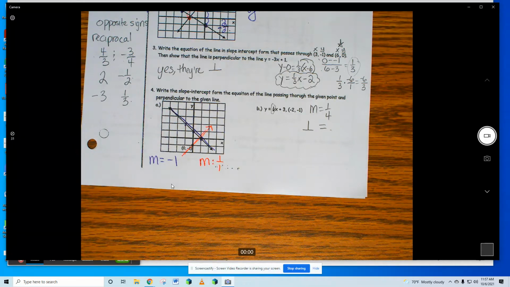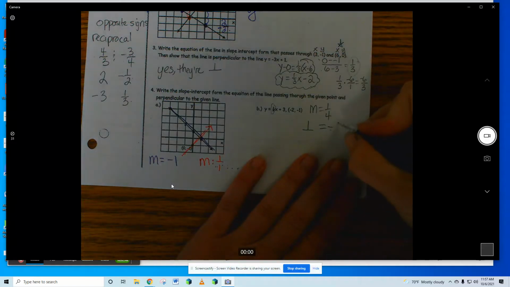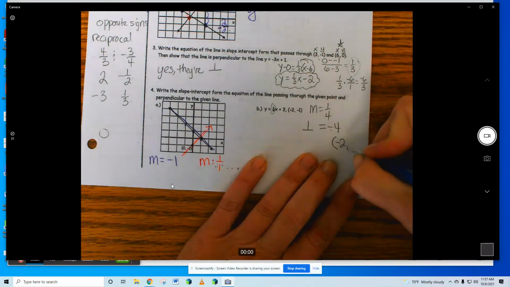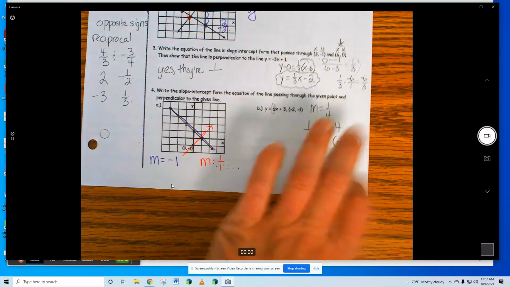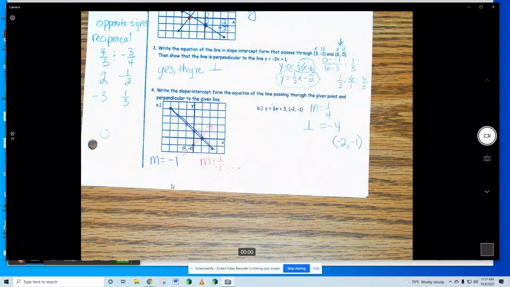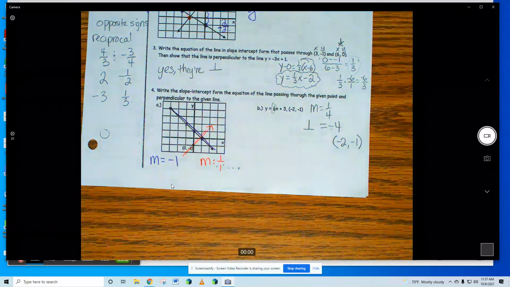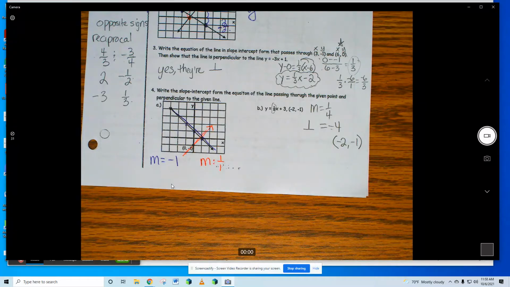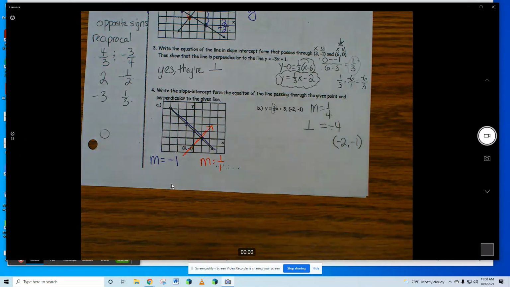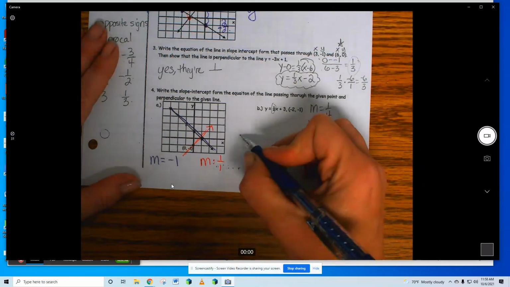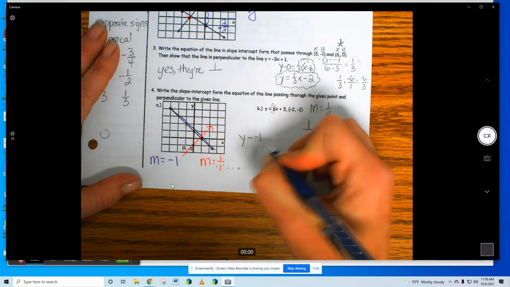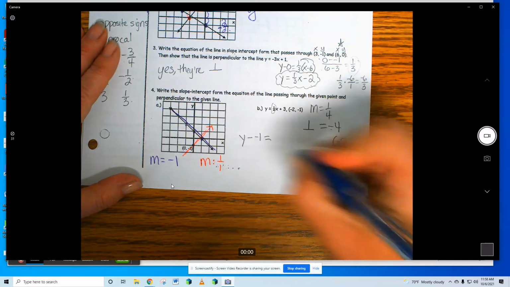So if I say I want my slope to be -4, and I want it to pass through this point, and we just did it up above, but it's point slope form, so it's easy. Practice. Y minus -1 equals